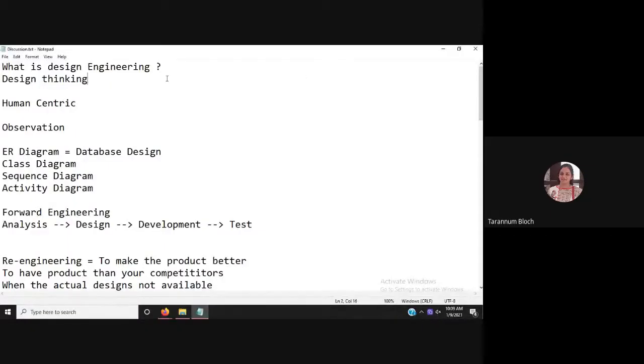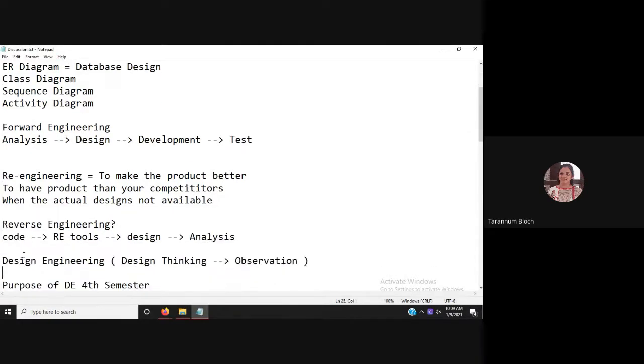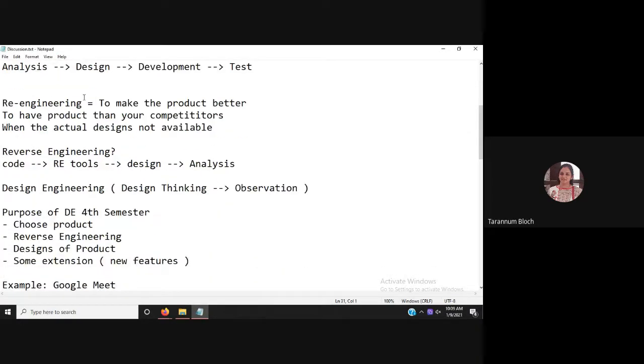And we said that design engineering is all about design thinking, so you have to keep the human centric design in mind. To do that, we will go with the observation, right? And once you are done with that, we will go with the reverse engineering of a particular product, and for that you have to apply the design thinking scenario by observation and using the product, right?